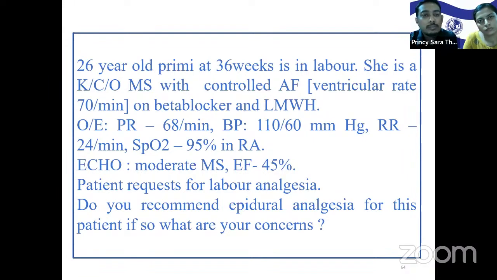So the preferred choice will be epidural analgesia with a low dose of local anesthetic; opioid can also be given. But the second stage of labor should be shortened by vacuum or forceps delivery in order to avoid the exertion fatigue or the detrimental effect of Valsalva maneuver. So adequate pain relief should be assessed in the second stage also.